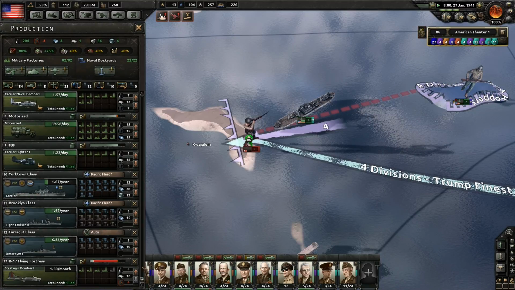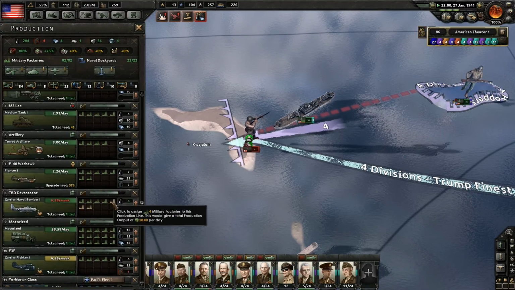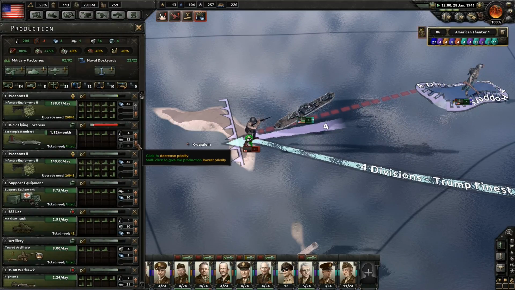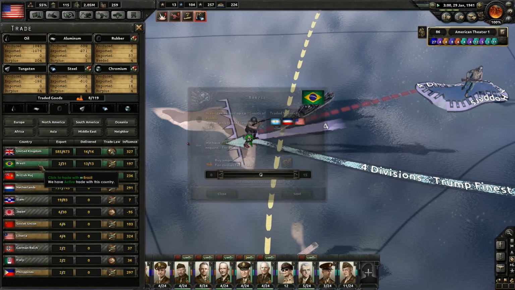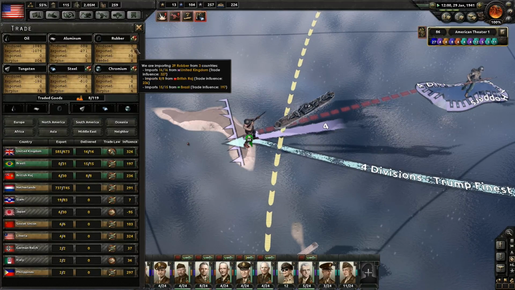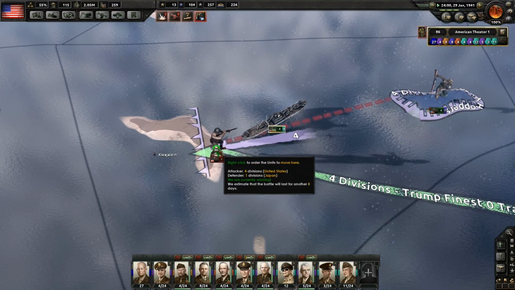Okay, Hong Kong fell. That's very bad. I don't think we need to go all the way up here, but it's faster to do it this way, I guess. Okay, we need rubber, and I can actually... You guys are pointing out that I can get some from Brazil. We have a surplus in everything. So it's important to have...